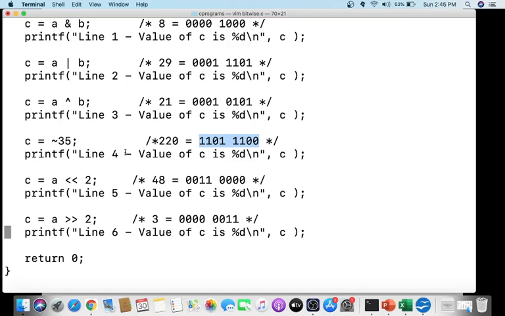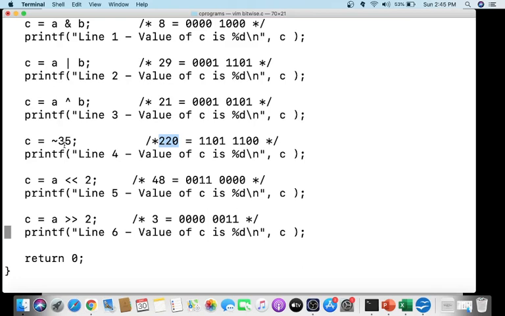In the third semester, you will be studying logic system design, or STLD, and there you will learn why this has happened. So the not of 35 will be minus 36, because of the 2's complement representation used for negative numbers.